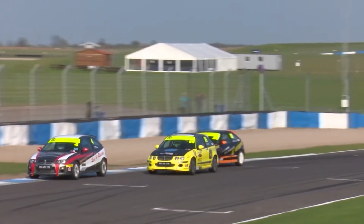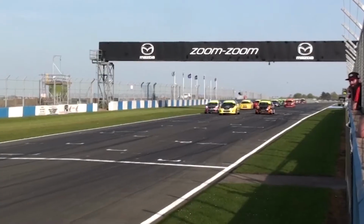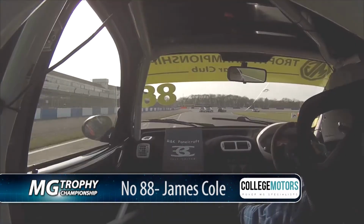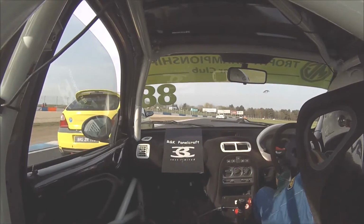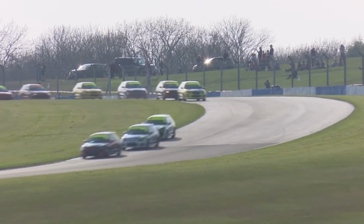James Cole in the 88 machine immediately behind has a good run there out of the chicane. I'll tell you what, James Cole, like Doug, very quick out of the chicane, particularly on that one, got a very good run. Got ahead of Simon Byrne. Paul Luthi's immediately ahead of him, and James, though, being forced to use the outside line, he's going to cut back in, grabs the apex. Good corner there by Paul Luthi, doesn't run too wide, maintains position, nips across, grabs the bit of track going